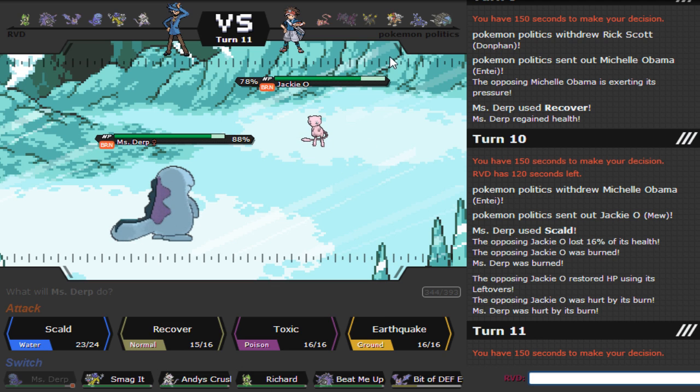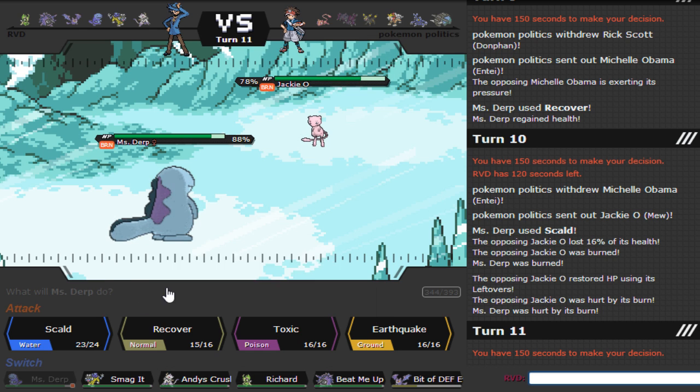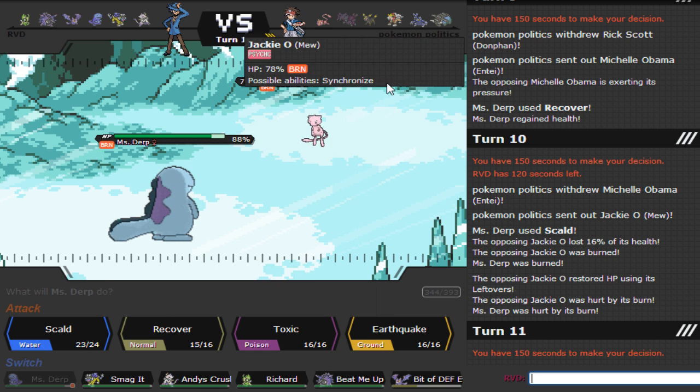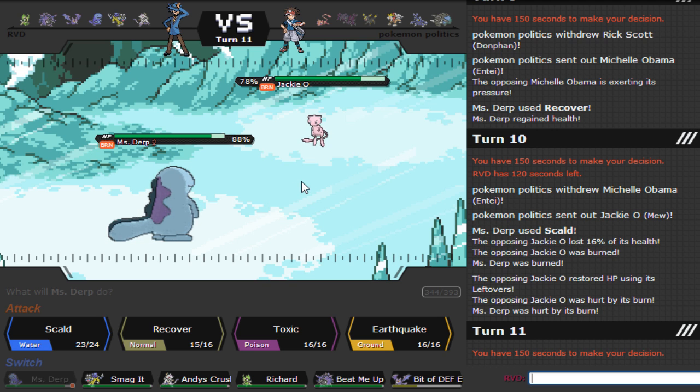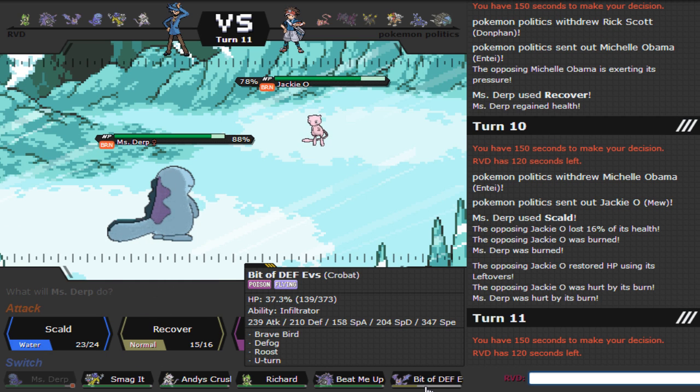I'm guessing he actually brought in Entei to allow him to bring in Mew safely, knowing that I wouldn't bring in my Mienshao on the Entei. So if that was the case, that was not a bad play on his part at all. And the question is though, what's he gonna want to go for? I might just switch right into my Crobat,